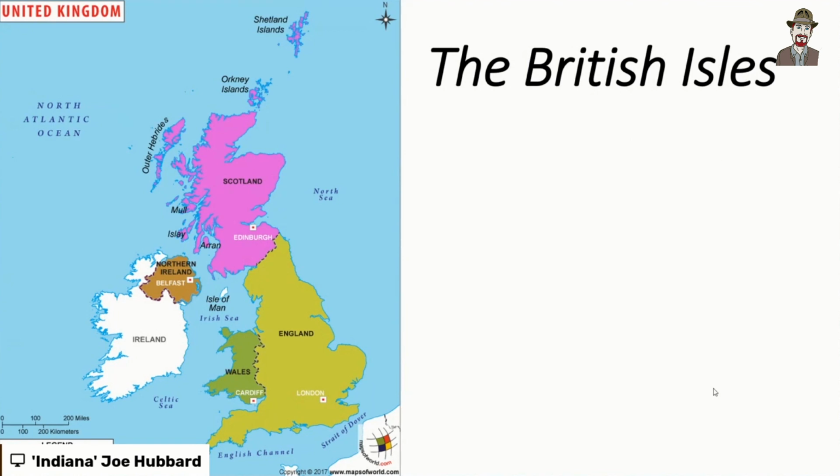So there you have the British Isles as it stands today. You can see you've got Scotland up in the top, you've got England, Wales, and then you've got Ireland. And Ireland is split into Northern Ireland, which is part of the United Kingdom, and the Republic of Ireland, or Southern Ireland, which is part of the British Isles. There's England, Scotland, Wales, Northern Ireland, and the Republic of Ireland. Of course, it looked slightly different politically at the time of the Roman Empire. There's where modern-day Carlisle is, which is where Patrick came from.